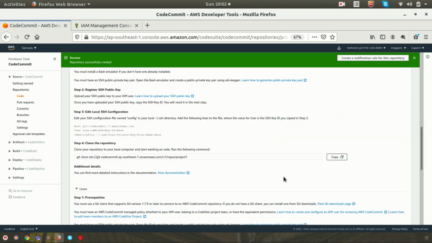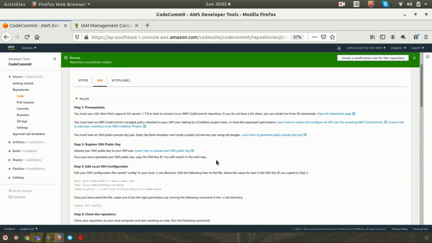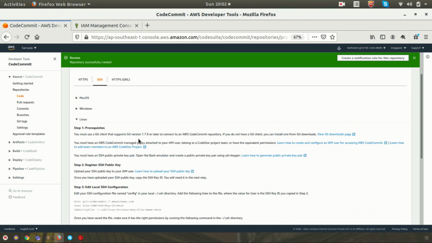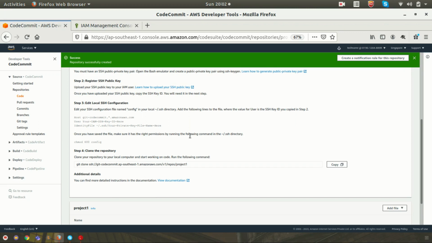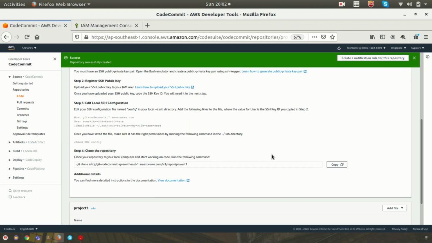The next step is to clone your repository. I'm selecting my operating system as Linux, and you already know that we have completed all these steps, and now we are going to clone our repository. Click on this copy button, so the URL will be copied.